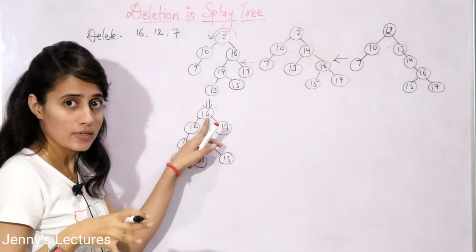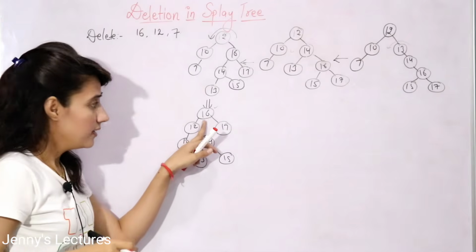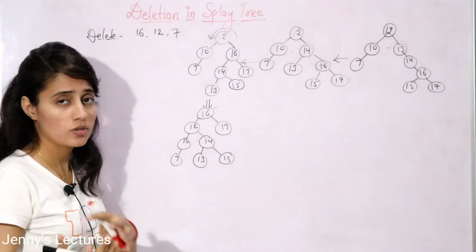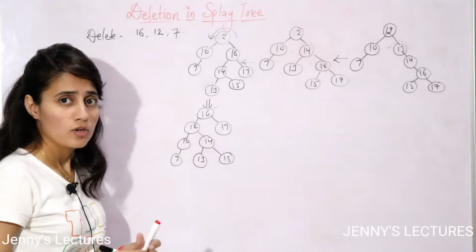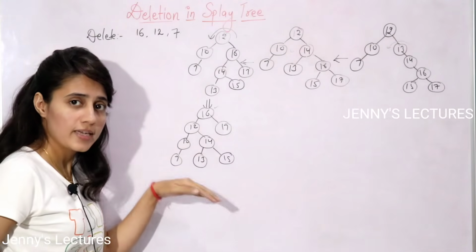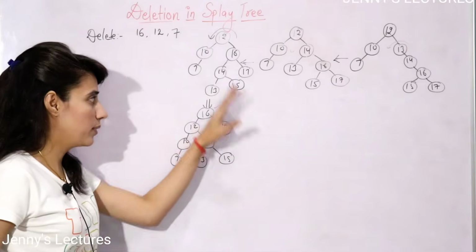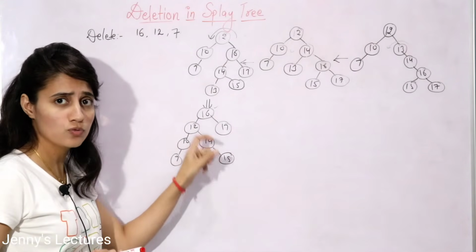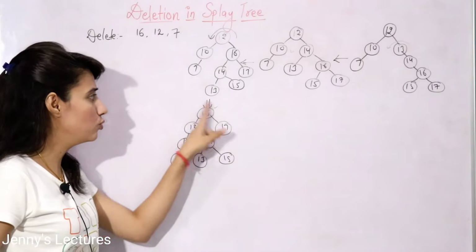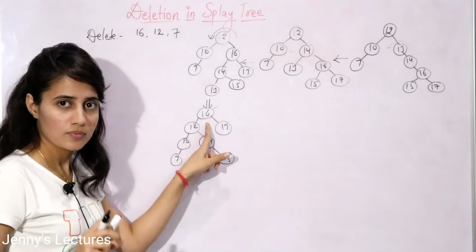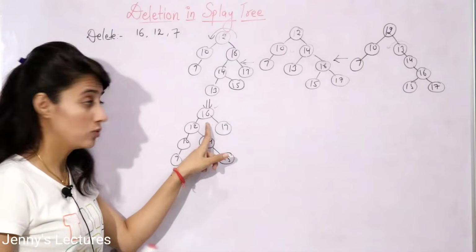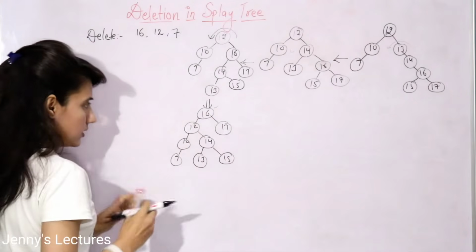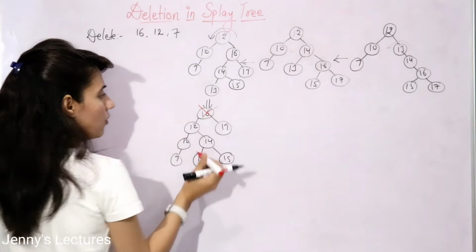Now we are going to delete it. You cannot do this in a plain binary search tree, because in a binary search tree we cannot delete an internal node. So this is something different. Here in splay trees, after this operation you can delete the internal node, right? Obviously, in this approach we are always going to delete the root element, if you follow this top-down splaying approach. Now suppose I have deleted this 16. Now we have two trees.